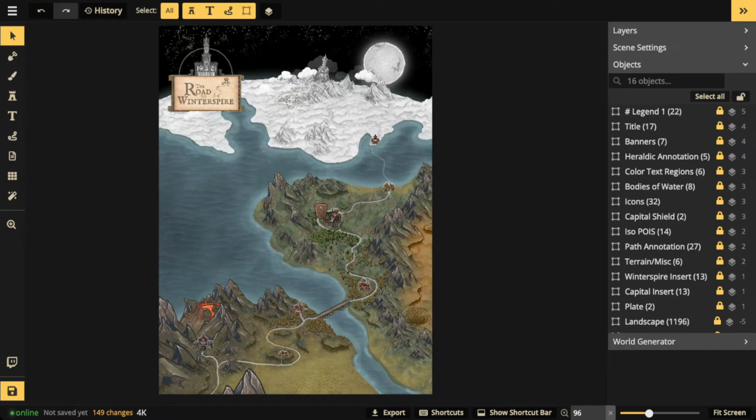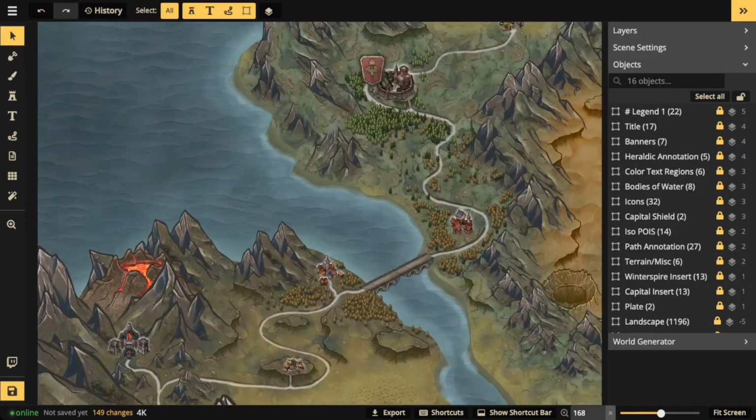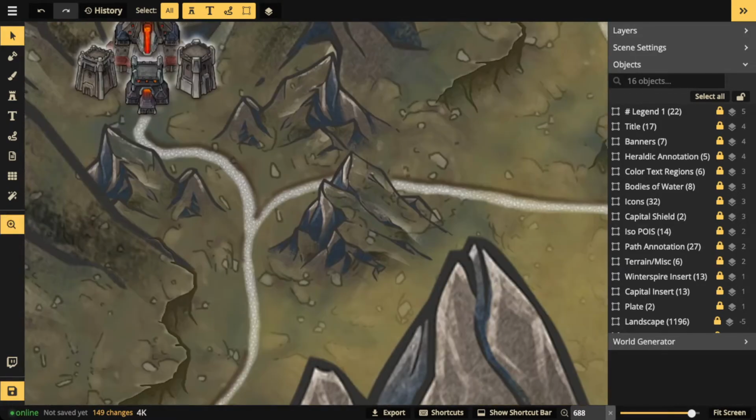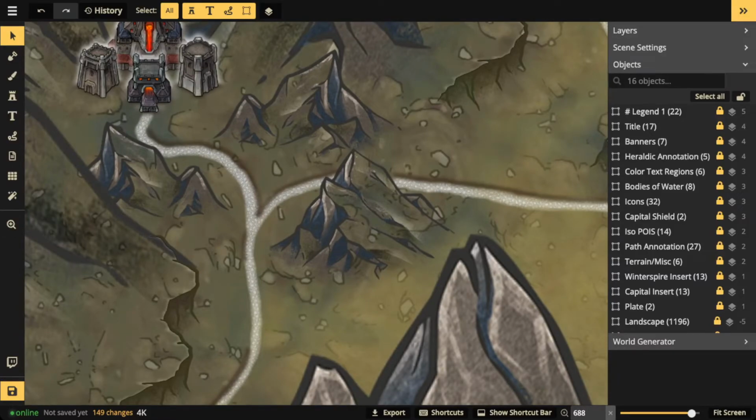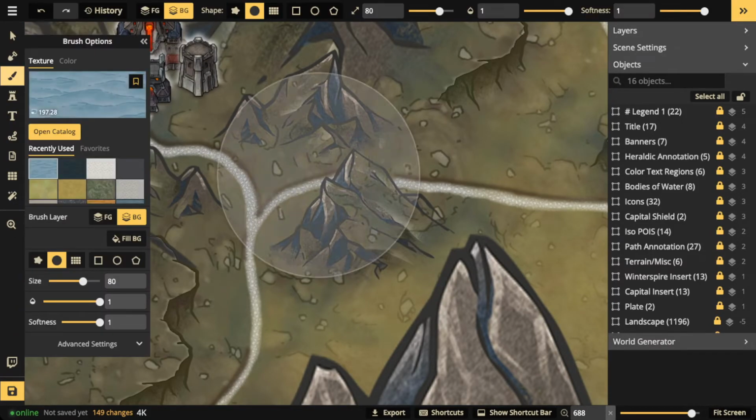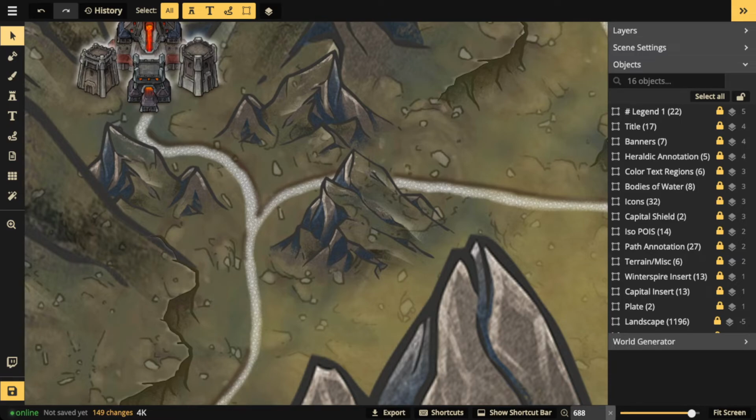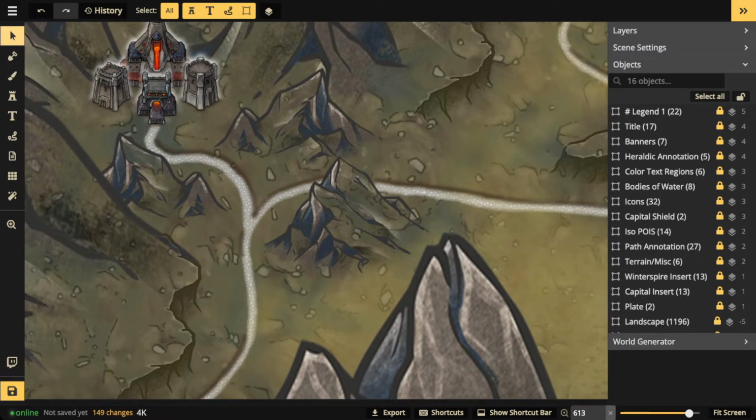How are the roads white? Would you mind showing how you picked? How do I do my roads? The way that I did the roads, I'll zoom in real close so you can see it, is I actually used a watercolor cities texture, this one right here. It's the road texture, and I just brought the scale way down. I dropped the opacity, and I think it's a pretty good texture,